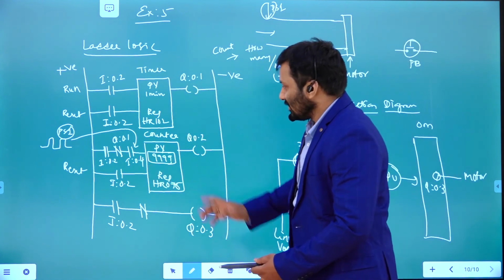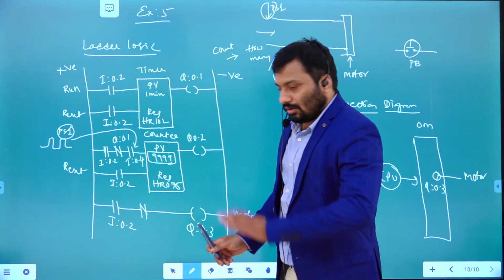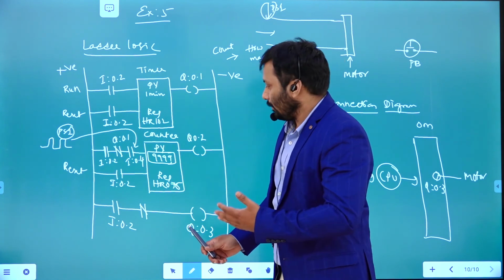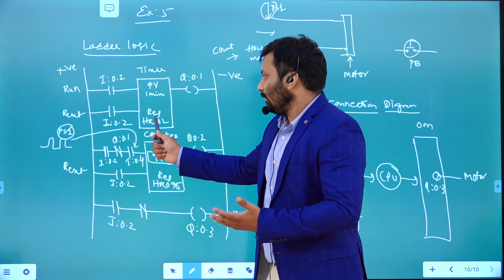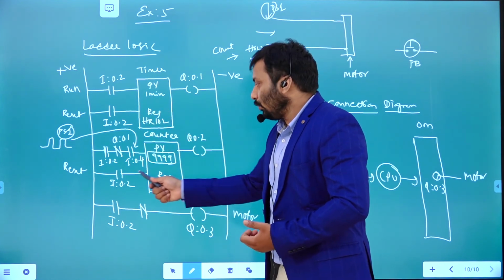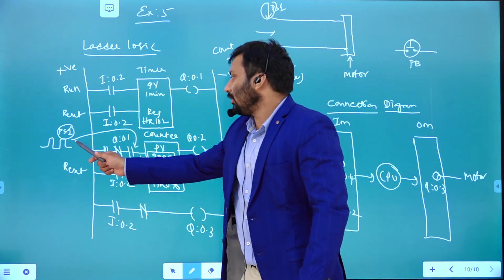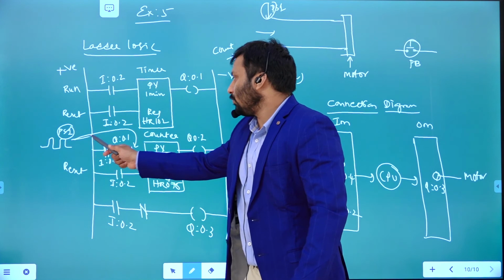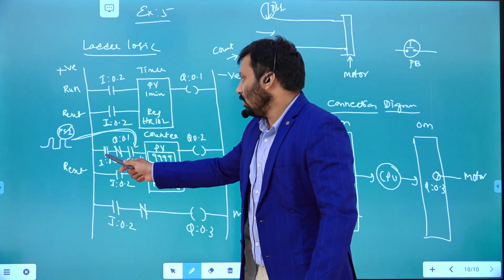See this logic: whenever you push the start button, the conveyor belt is going to start moving, right. At the same time the timer is going to be reset and start, and the counter is going to be reset, but it is taking count from this particular proximity sensor, right. So this is connected normally open.